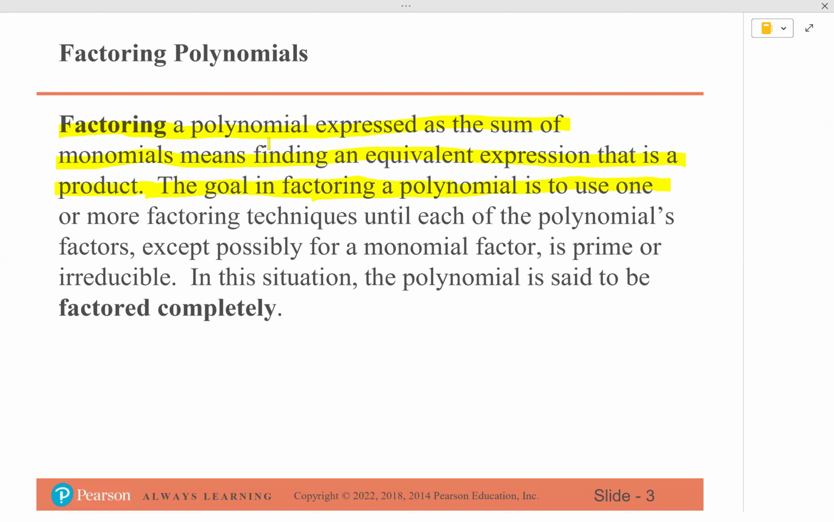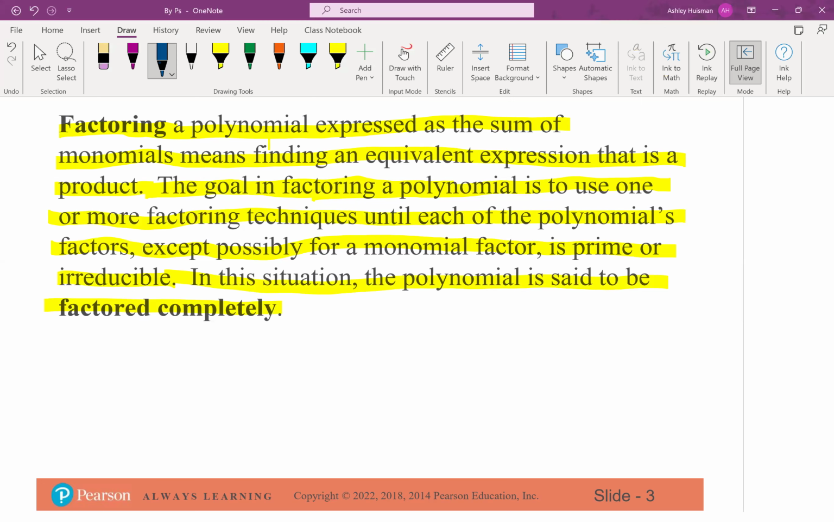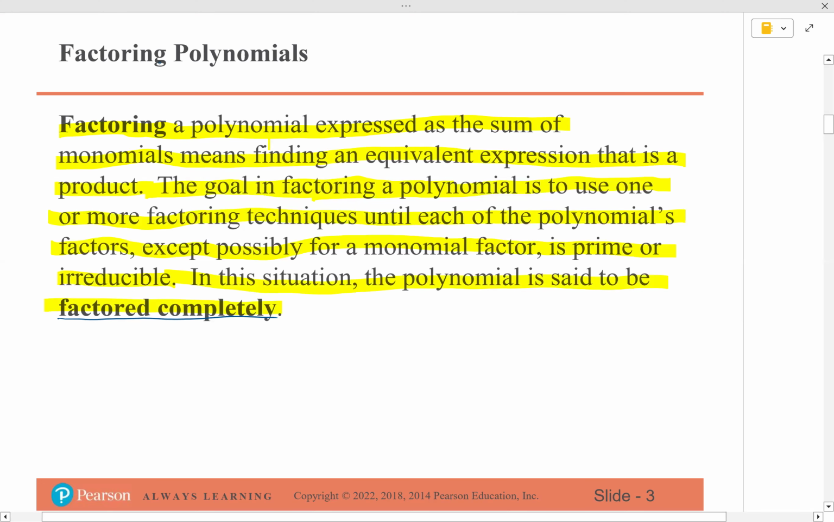The goal in factoring a polynomial is to use one or more factoring techniques until each of the polynomials factors, except possibly for a monomial factor if it's prime or irreducible. In this situation, the polynomial is said to be factored completely. Okay, so that sounds like a lot, but it's kind of like